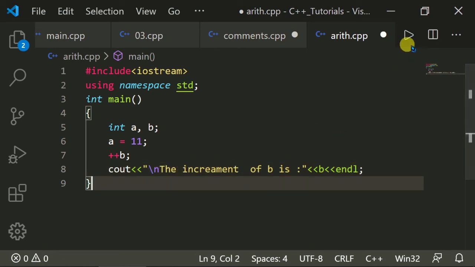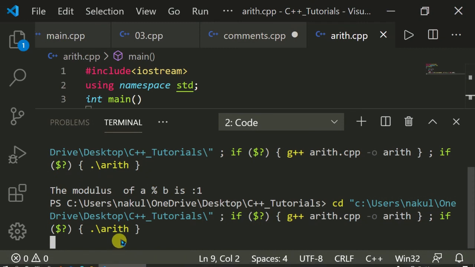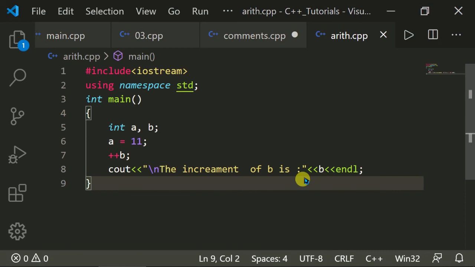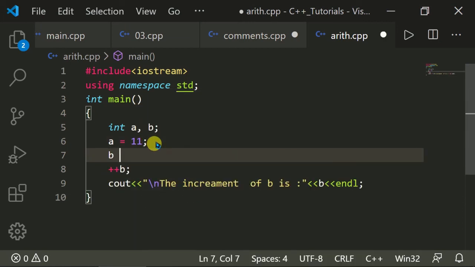So let's run the program. Now we will get 6. Oh, sorry for that, we didn't assign its value. Let's make b equal to 5. Now we'll get 6.